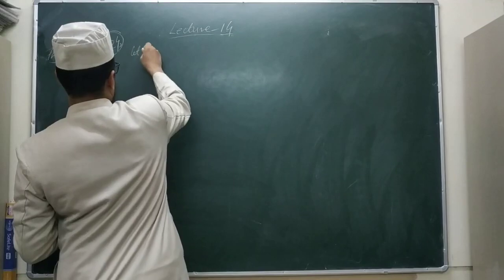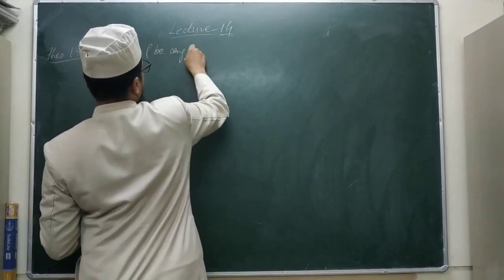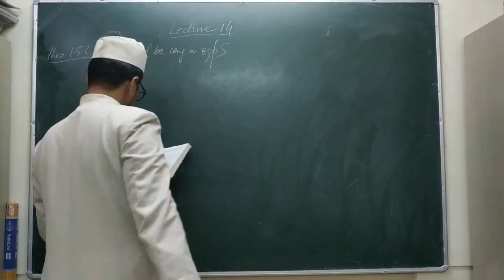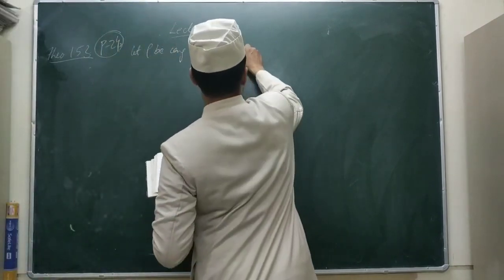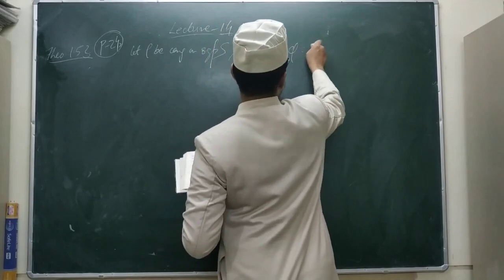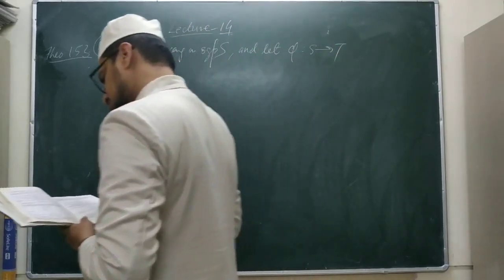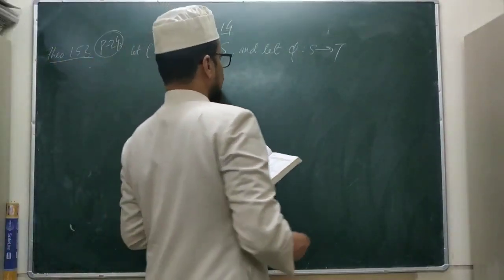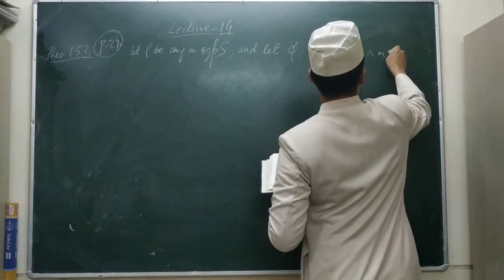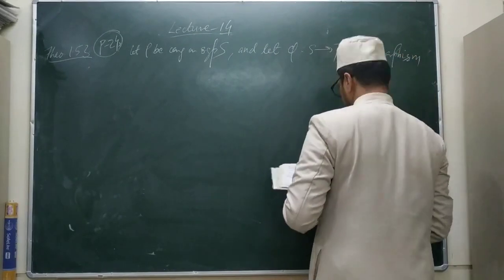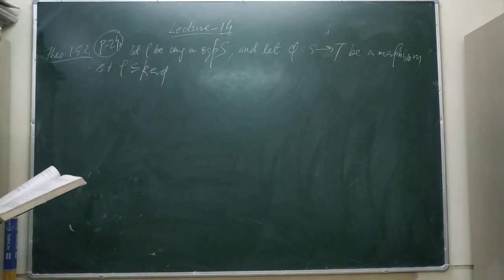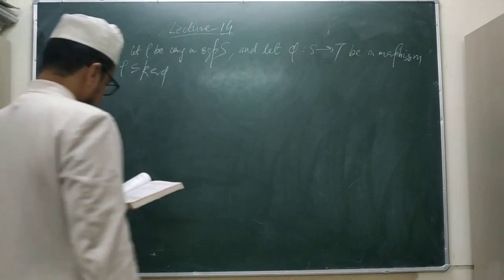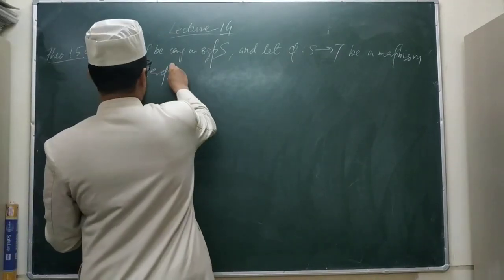Let rho be a congruence on a semigroup S, and let phi from S to T be a morphism such that rho is contained in kernel phi, then